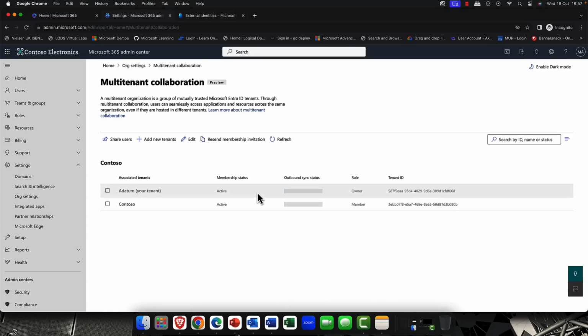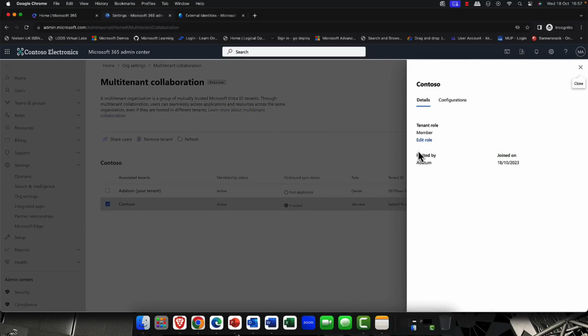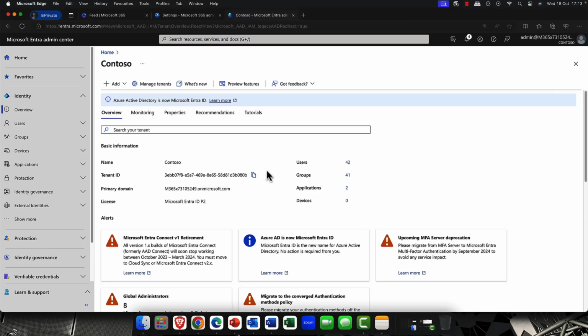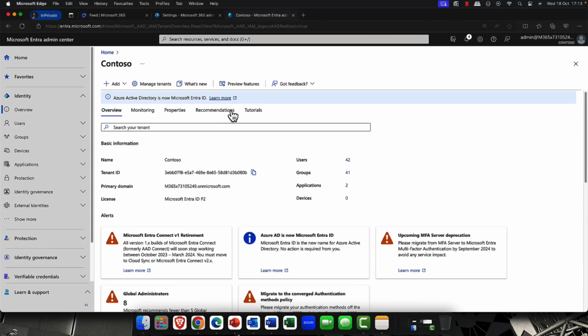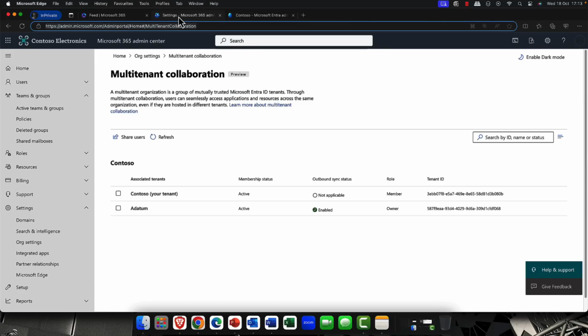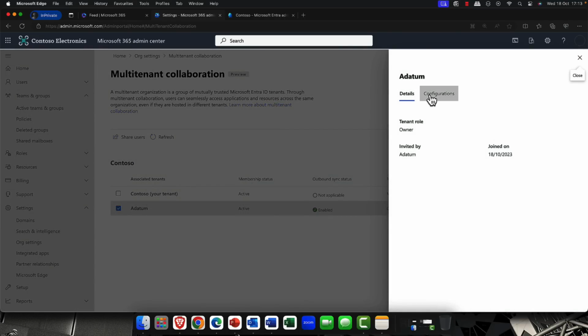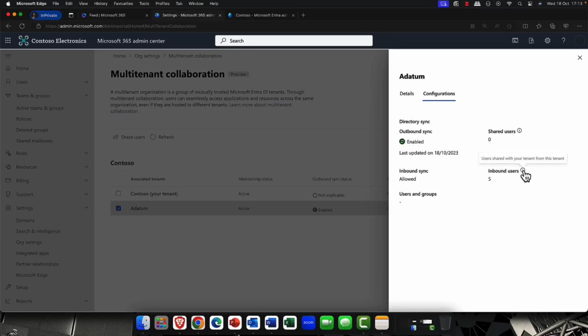So what I'm now going to do is, again, syncing just happens. Yep, just give that a second. Yep, and I'm going to go back into Contoso, click on the configuration, and sure enough, you can see that Captain Kirk is here. Now what makes this really super interesting is I'm now going to flip into my other tenant. And again, I'm going to click on, you can see the tenants come in. This time in configuration, sure enough, I've now got 5 users that have come in, including our friend Captain Kirk. Okay, looks good.